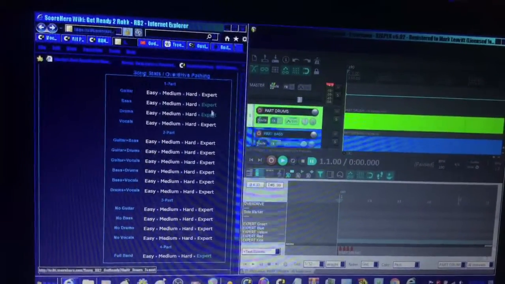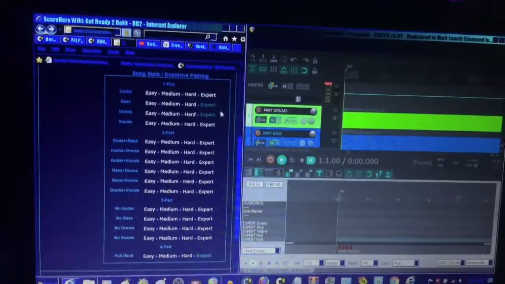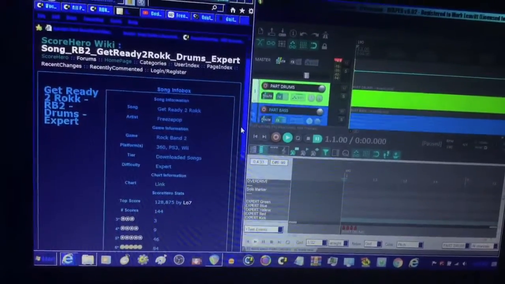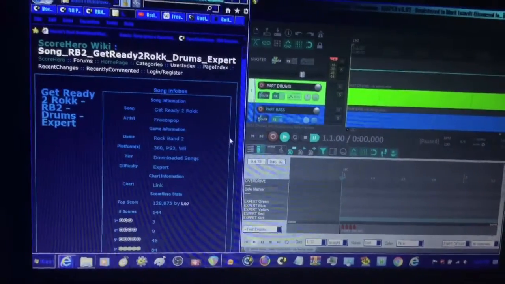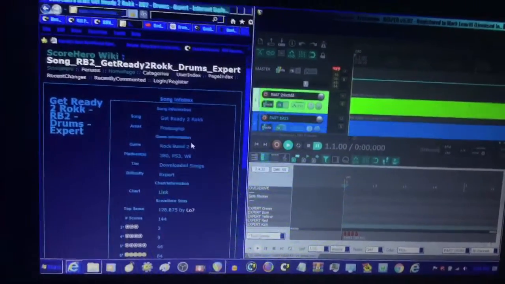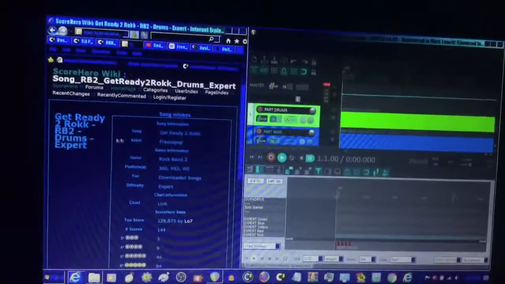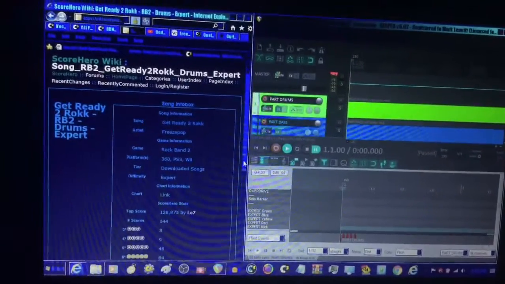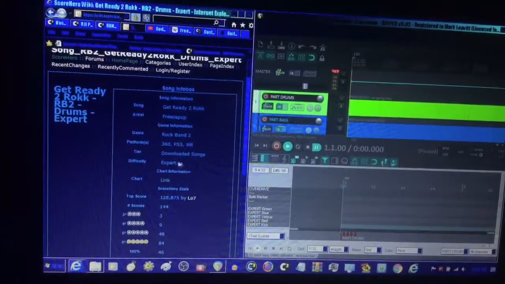So to find the drum chart or the bass chart, you have to click expert on either one. Like I said, we're going to be doing drums next. So we're going to go to expert drums, and now you can see here that there's an info box of how they were playing this song on this game, Rock Band 2, and how the song was released. So it's in the downloaded songs though,